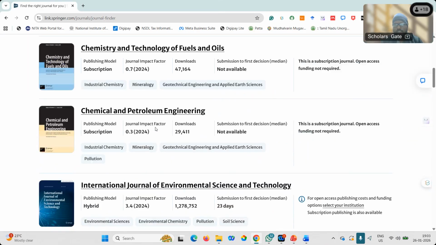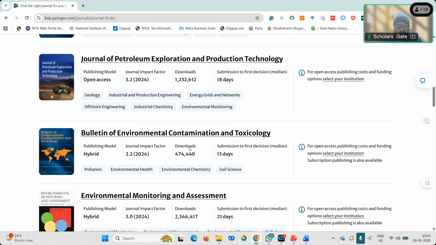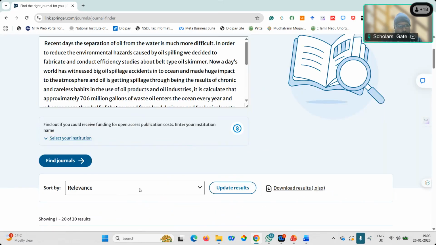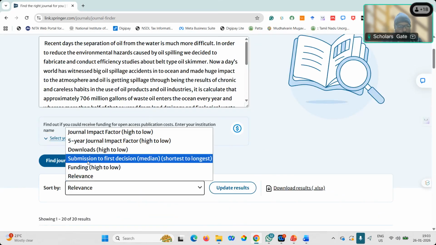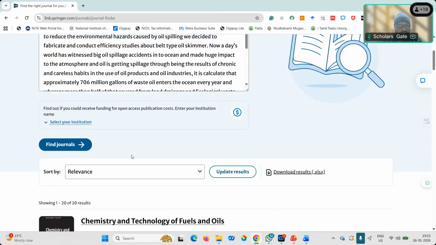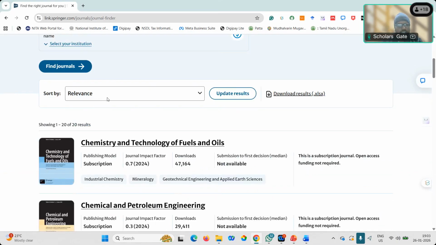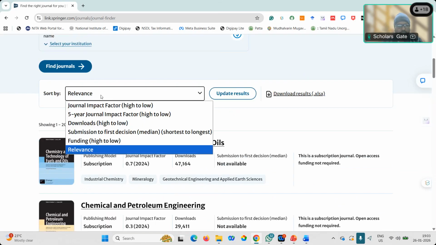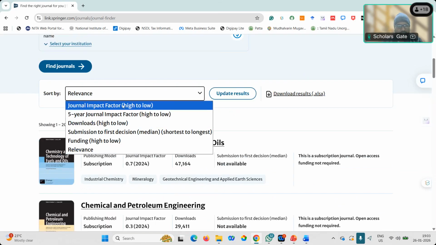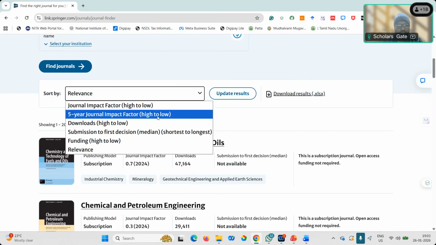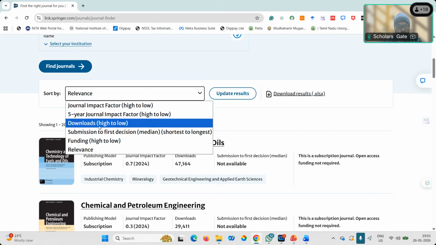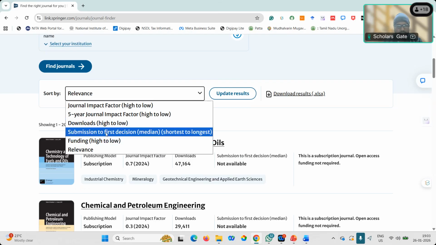Here you can see different options available, such as relevance. Through this you can filter the journals by impact factor, high to low, and by 5-year journal impact factor, high to low. You can also filter by downloads, and by submission to first decision.